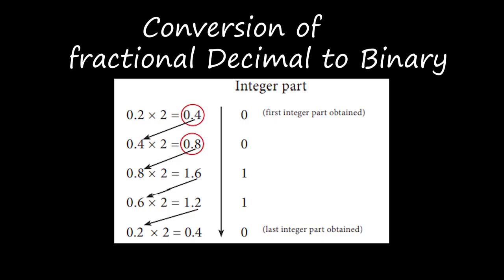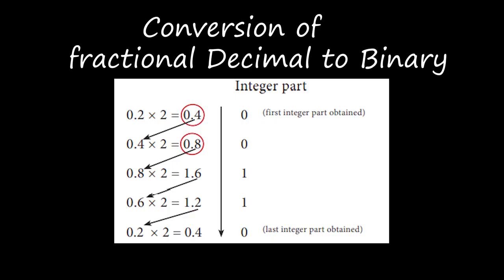So again we'll take 0 there, and 0.8 into 2 is 1.6. Here the integer part is 1, so the value is 1. And again for 1.6, you just take the integer part and leave it, so you get 0.6 into 2, that is 1.2. Again you take only the integer part, which is 1, and you delete the integer part,